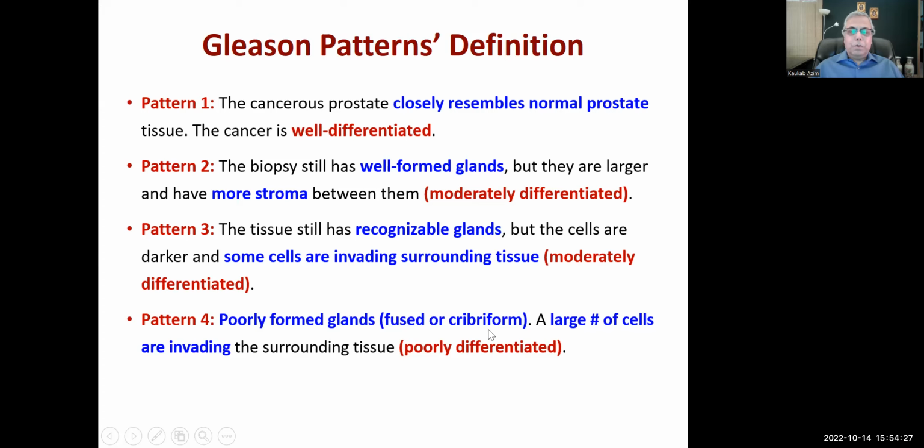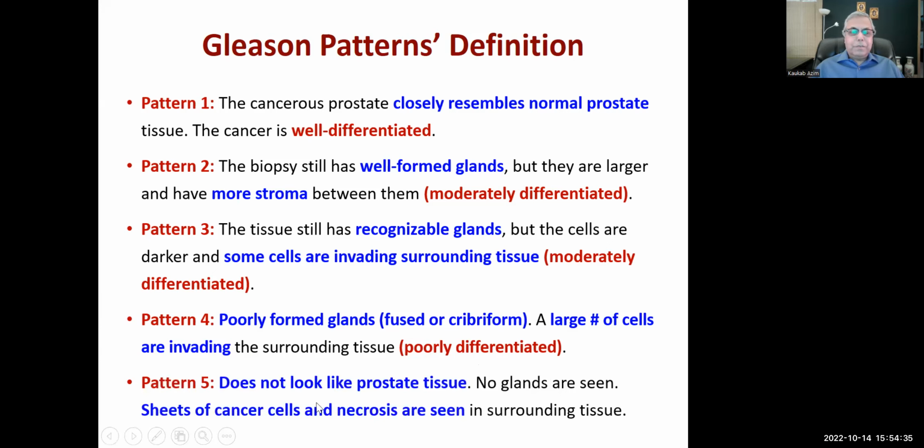Cribriform means they have got holes in them. A large number of cells are invading the surrounding tissue, and this is poorly differentiated. Then pattern number 5 does not at all look like prostate tissue. No glands are seen. All we have are sheets and cords of cancerous cells and necrosis all around the area